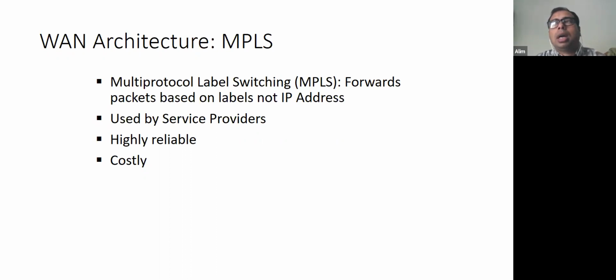It uses label switching instead of IP based routing. Okay. Also, although IP routing is the underlying technology of this network,